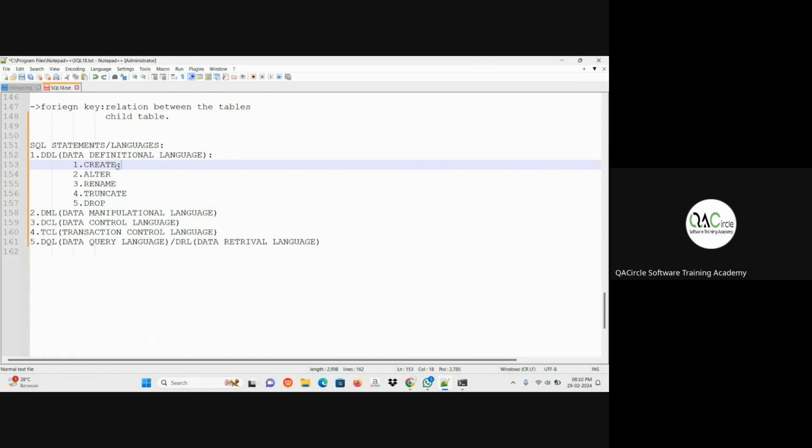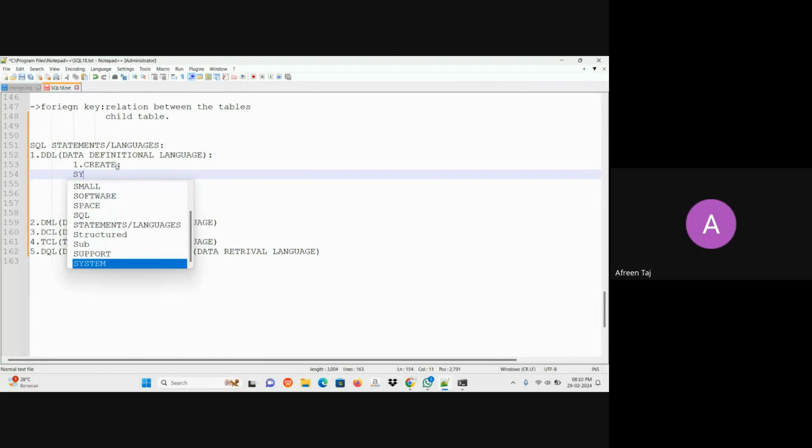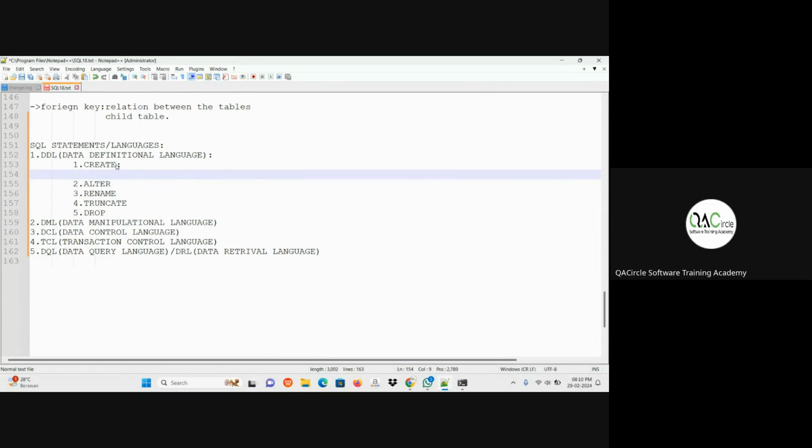Create statement. Why do we use the create statement? To create a table. To create the database. Yeah, correct. To create the database and to create the table, we are going to use this create statement. How to create the database? What is the command to create the database? Create database, database name.